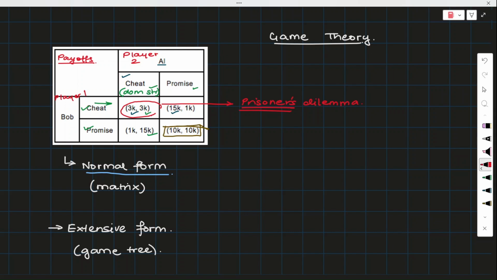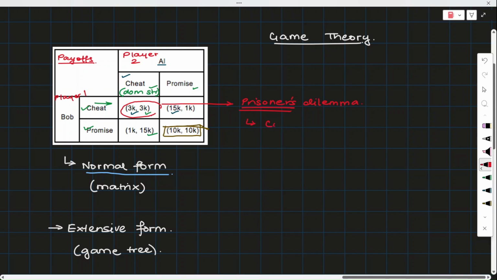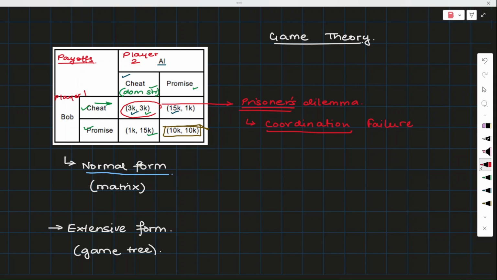So this is actually another term that you can remember for this. This is something called the coordination failure. Now we'll discuss coordination failure again in a future video, but the main idea is if they could have coordinated, they could have been in a better situation for both of the individuals. It's not that one person would have improved, both of them would have improved. Hence, there is a failure in them for coordination. So they cannot coordinate. That is, there is a coordination failure. If they could have coordinated, then they could have been in a better situation. So there is an idea of coordination failure.